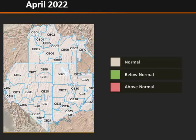So putting everything together, we're looking for normal fire potential throughout April, which is generally low fire potential, but the increasing potential going through the month of these smaller fires popping up, 50, 100, maybe a few hundred acres as we get later in the month. So we will see activity start to pick up going through especially the latter half of April as things dry out. And then going into May, especially mid to late May, once things have had a chance to dry out